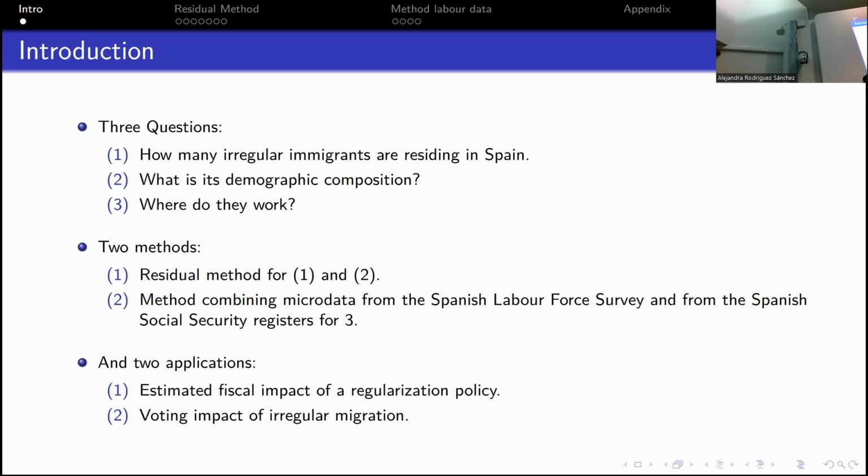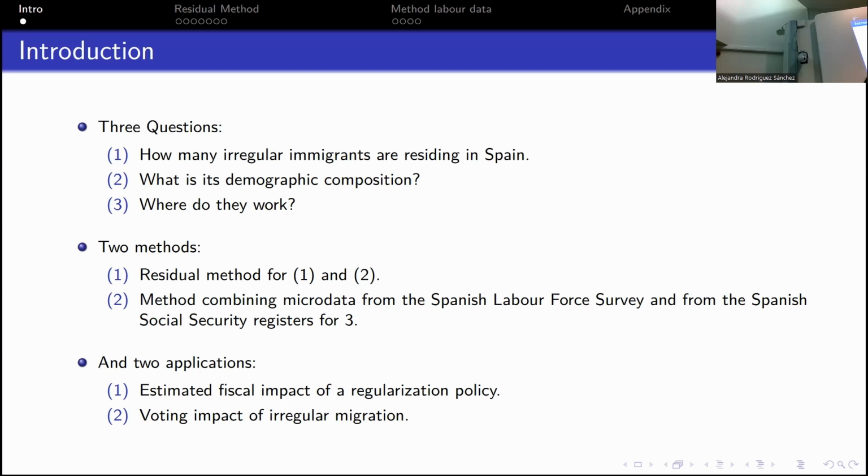The first one is the residual method, which consists, as you will see, of comparing the total number of migrants that are residing in the country with the total number of migrants that are legally residing in the country. That's the intuition. And that method will help to answer the first and the second question with the data that is available in Spain. And the second method is a little bit more innovative, let's say,